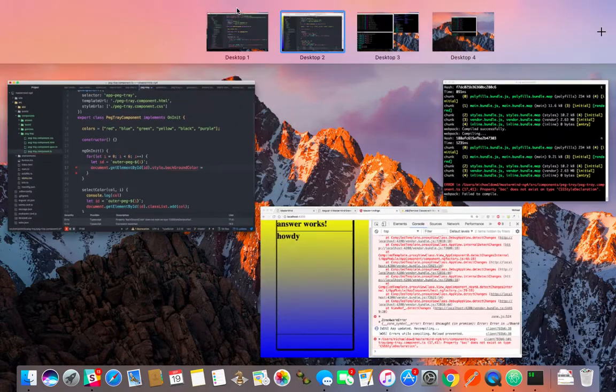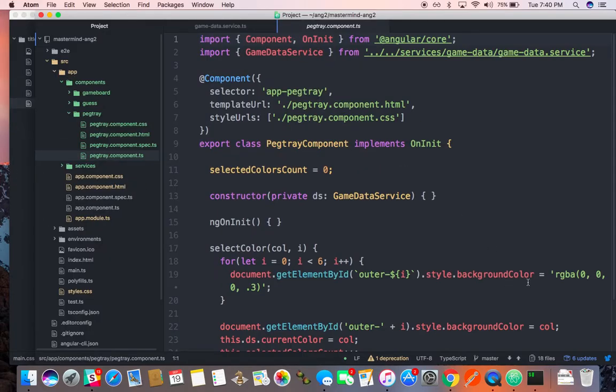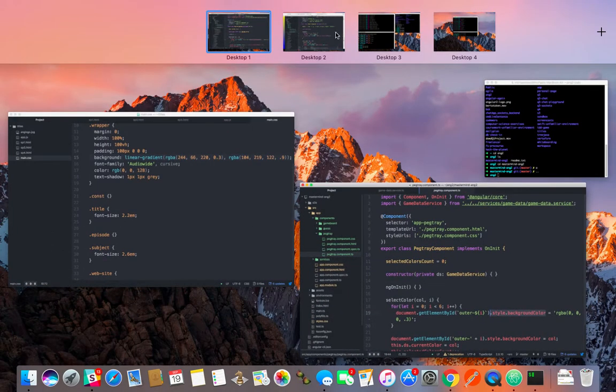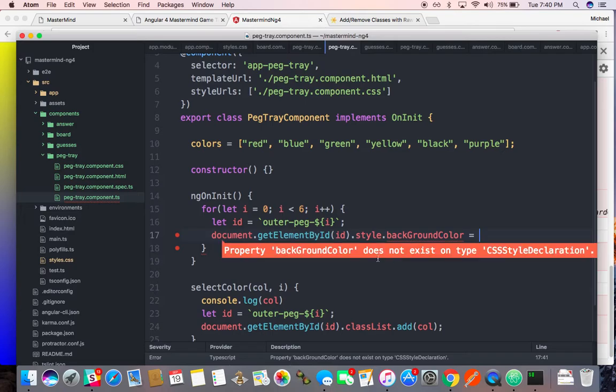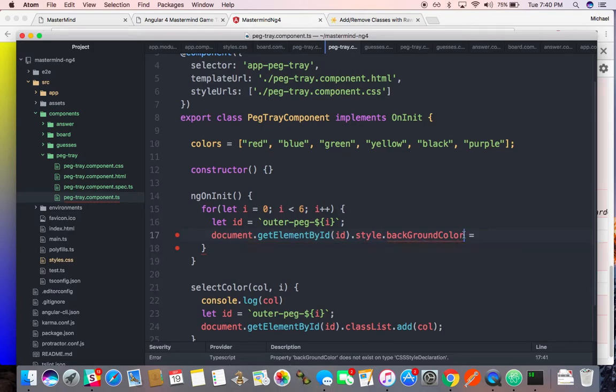Okay, let me go back and take another look at this. Style.backgroundColor. Document get element right. I'm doing the exact same thing here. Maybe I just have a typo. It's probably that dot right there. Okay, that was on another. Man. Command V. Oh, the G was not capitalized. Equals,